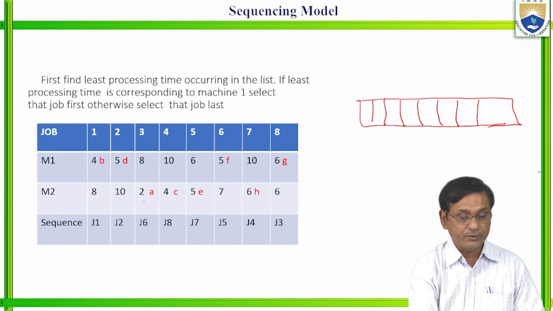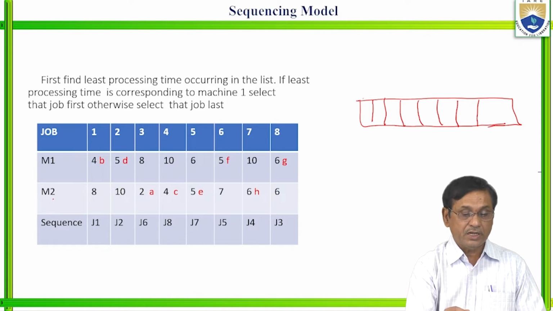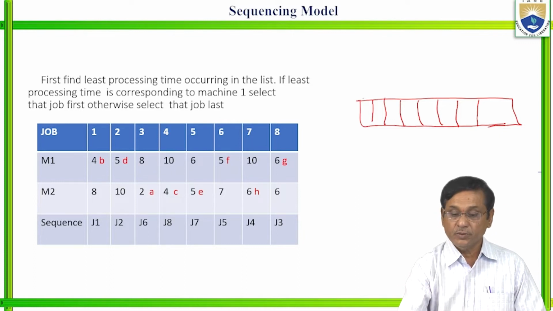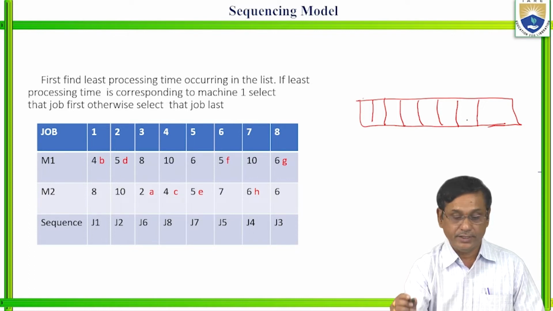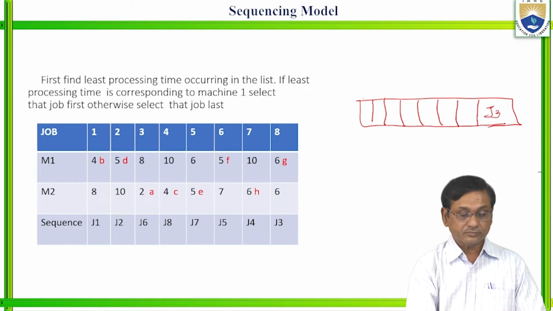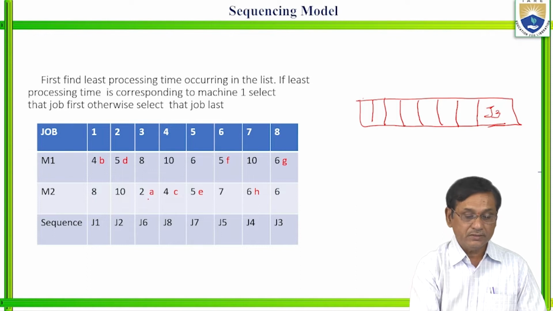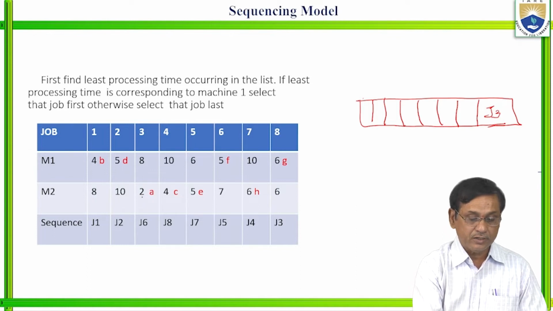That corresponds to the third job on machine 2. So if the least processing time is on machine 2, that job should be done at the end. So we must write J3 in the last slot. Why? The least processing time is 2 and that can be done at the end. Once it is completed, you can remove this job. Then next,